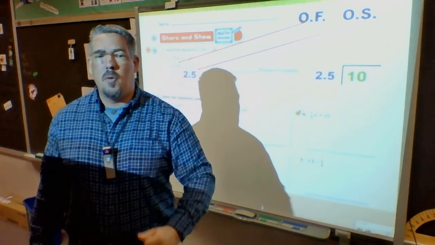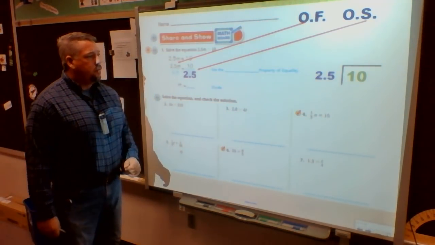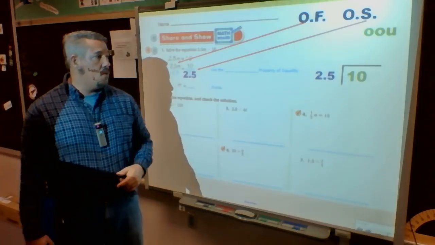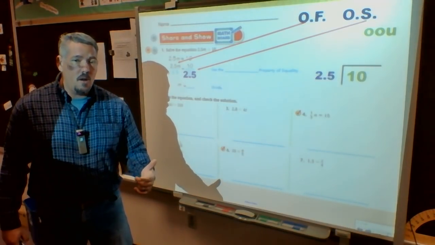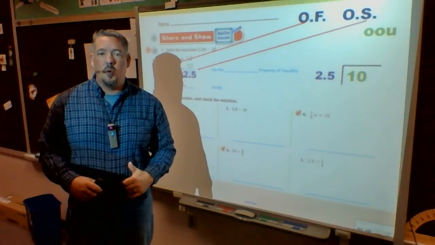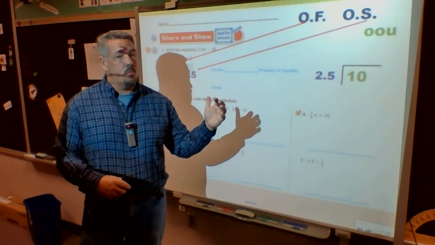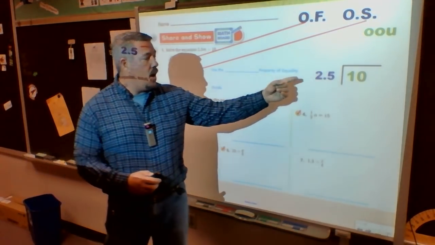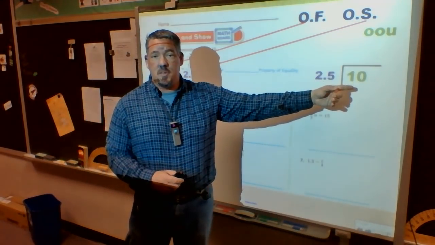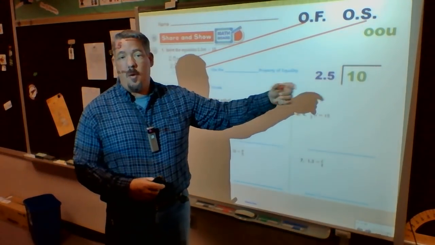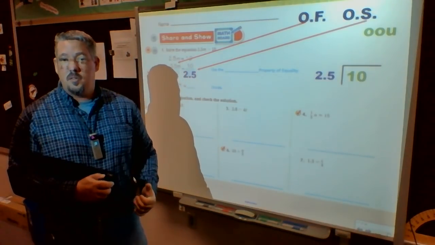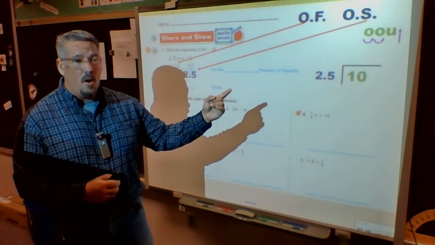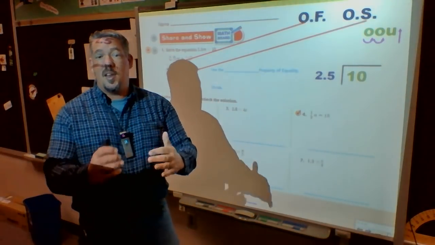And some of you remember exactly what to do. Some of you don't remember. That's the other half of the remaining group. What are those letters? Well, those letters are OOU. OOU stood for what? And some of you really need to clue in and make sure that we're learning these, because these are math from this point forward in your education career. So OOU, over, over, up. I cannot divide by a decimal, no matter if there's a decimal inside the box or not. This mathematic problem is impossible, so we have to change it to where I can do it. So we have the OOU steps. I'm going to move it over on the outside, I'm going to move it over on the inside, and then I'm going to move my decimal up so it stays in the right place.